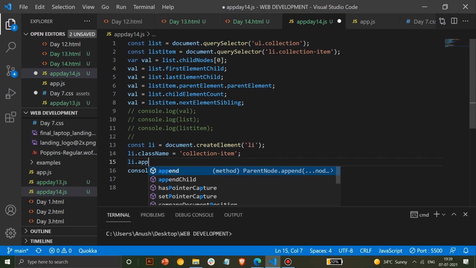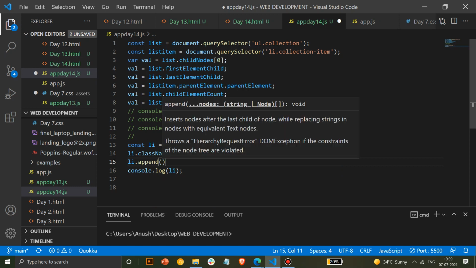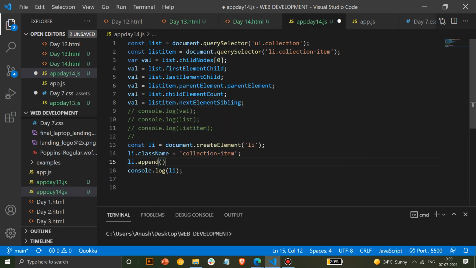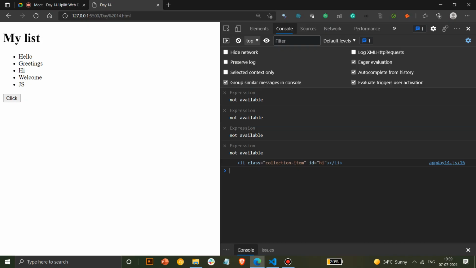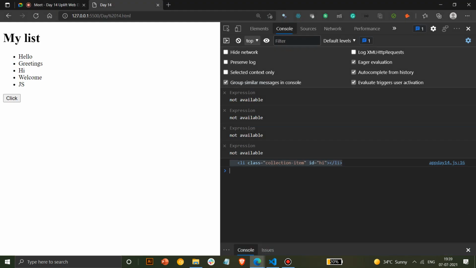Okay, so to add text to the li, what li append does is basically, we have studied parent and child as of now. So this concept will be used here. Now inside the li I have created an li, but inside it I have to add text. If I have to add text inside an li, I have to insert it using an append function, because this element is already created.